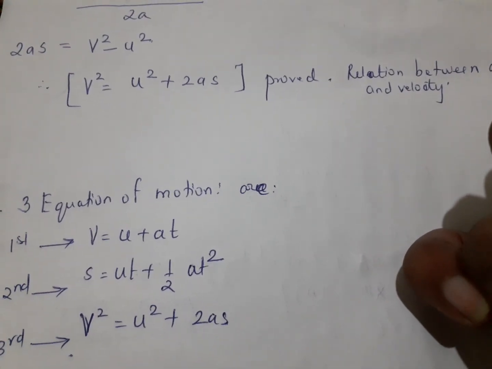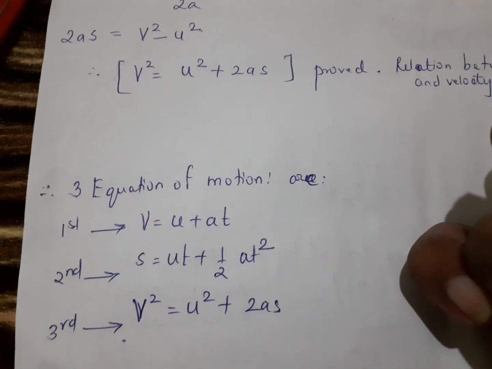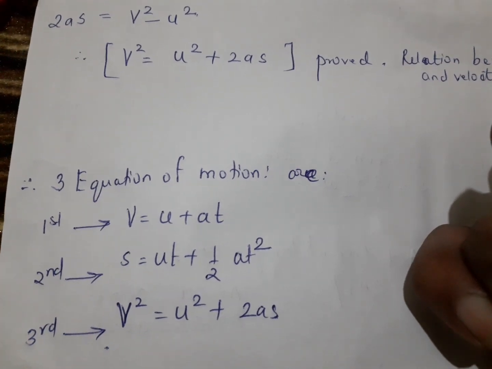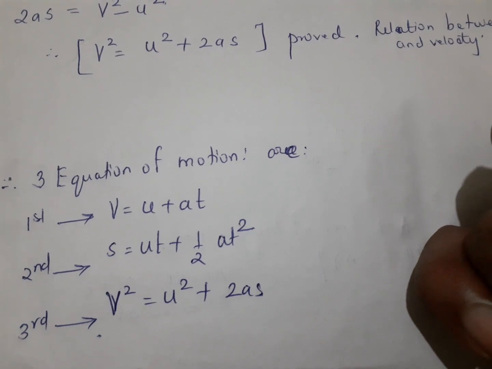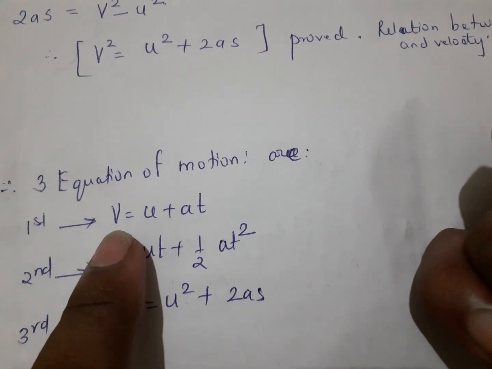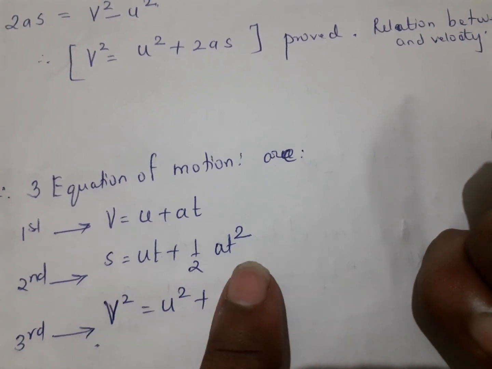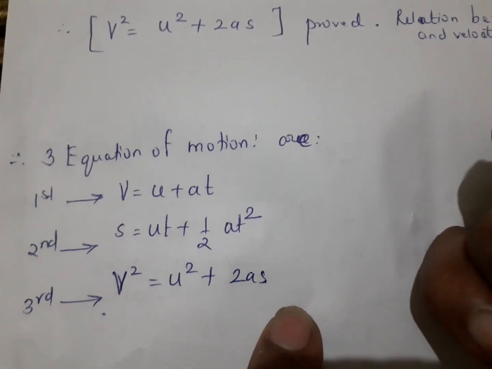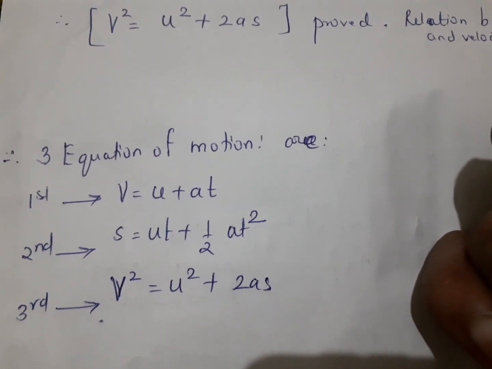All these equations are important from the exam point of view, as we will be asking you in the exam to derive these graphical equations of laws of motion. Any one or two can come for derivation. So you should know the terms and the relationship. The first equation is the relationship between velocity and time. Second is the relationship between displacement and time, and third is the relationship between velocity and displacement. If you know this, you will be able to do these derivations.